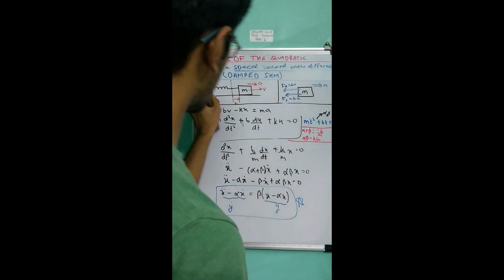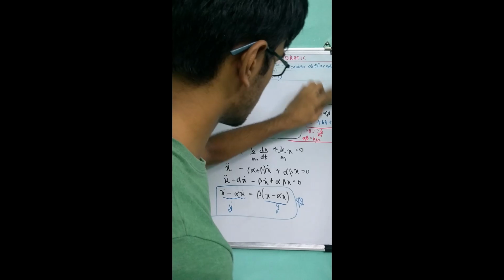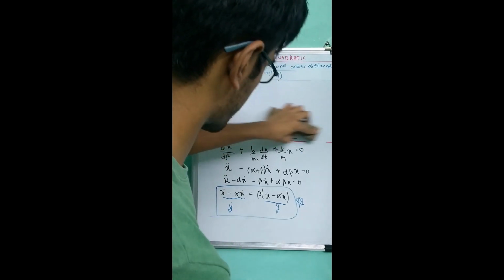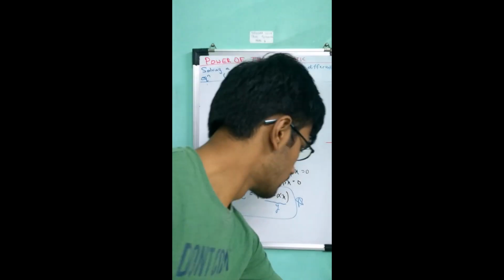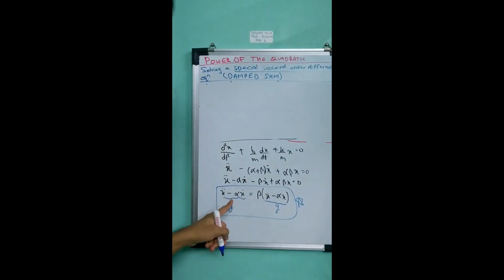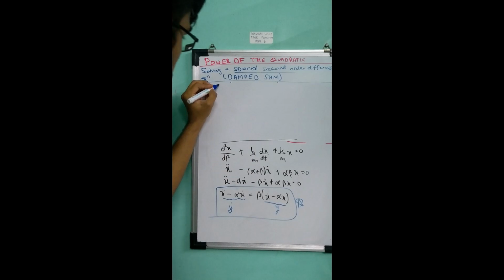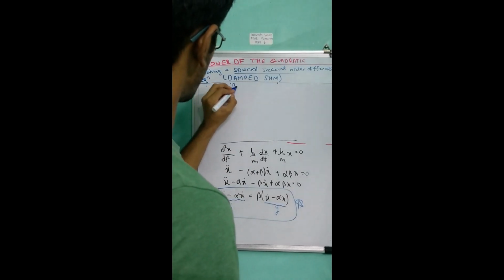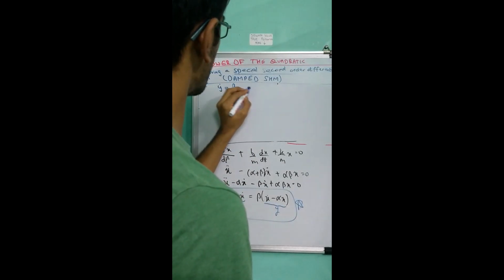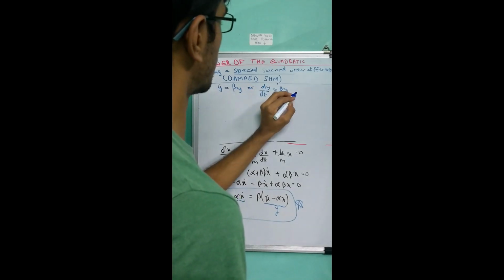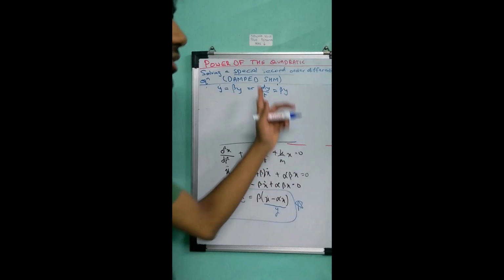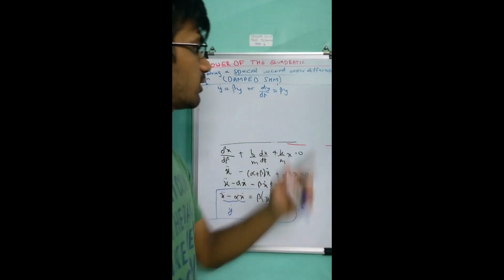I can erase this right now. I don't need it. Okay. In essence we got y dot equals beta y, and dy by dt equals beta into y. Now this is a differential equation you can easily solve.